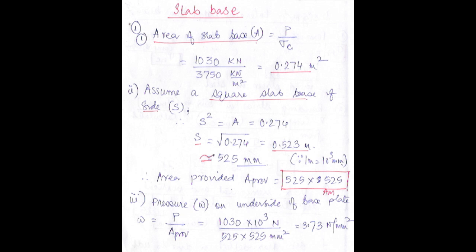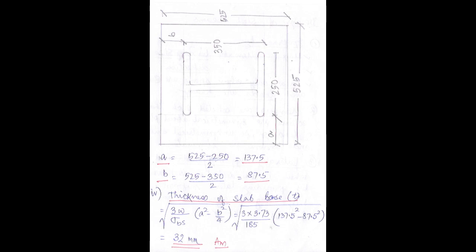Now let us see the last step, how we will do it. Please note down, see the solution very carefully. First look at the diagram. What was the base plate size? Base plate size we have decided as 525 by 525. So first we have drawn the 525 by 525 square, correct? Now inside that the column is there because this is the base plate for that column.